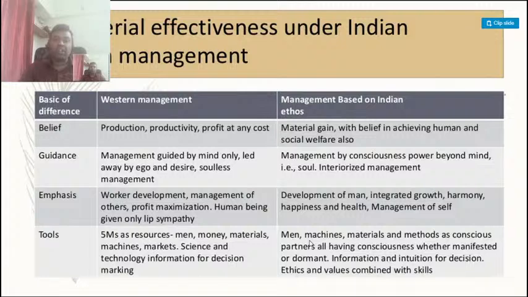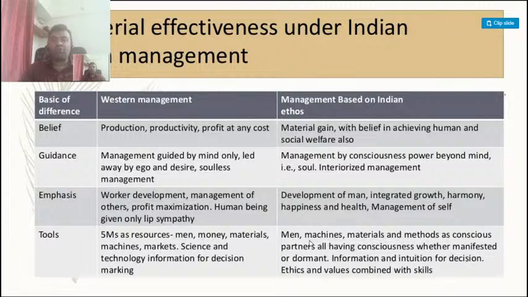Guidance, management guided by mind only, led away by ego and desire, soulless management. Okay, so it is completely a mind which controls their business. There is no space for heart, or no space for emotions. But in Indian ethos, management is by conscious power beyond mind, that is soul, enterprising management. So here Indian businessmen focus on a consciousness that is much bigger than mind. Okay, where we have emotion for